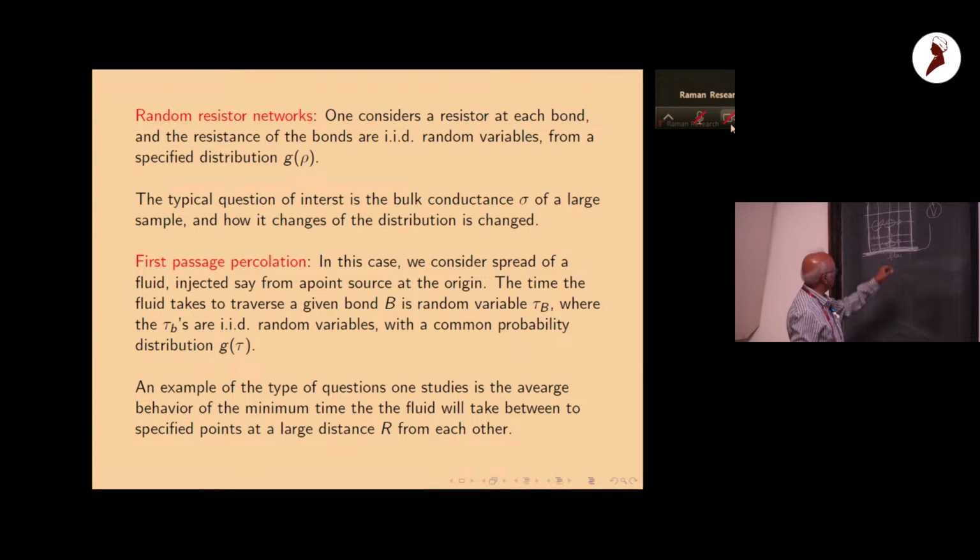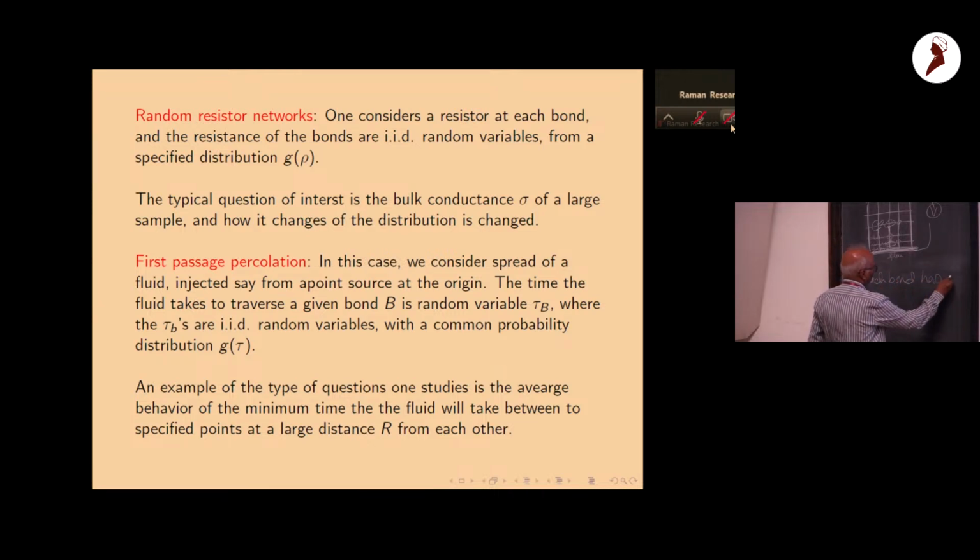And so if I want to wet from here to here, how much time does it take for the fluid to reach the next node? That is a time of traversal across a bond. And we will take it to be a random variable, which is not the same at different sites. Okay? And we will say, again, in the spirit of our discussion so far, that each bond